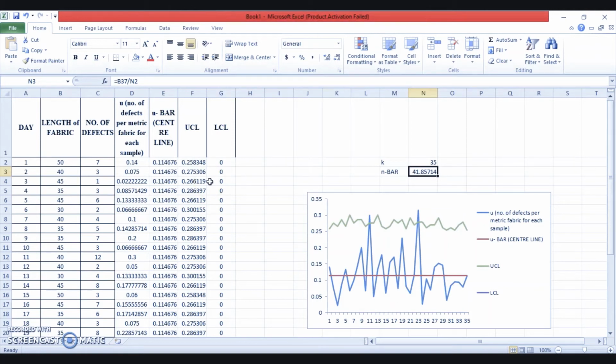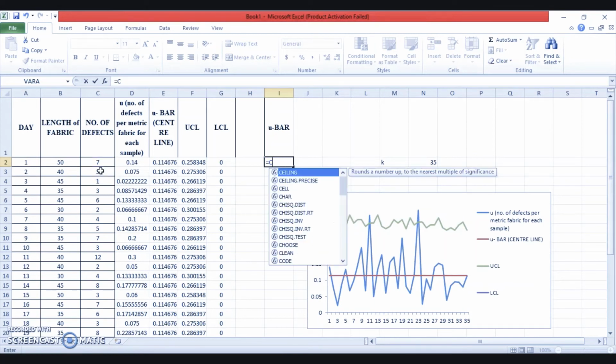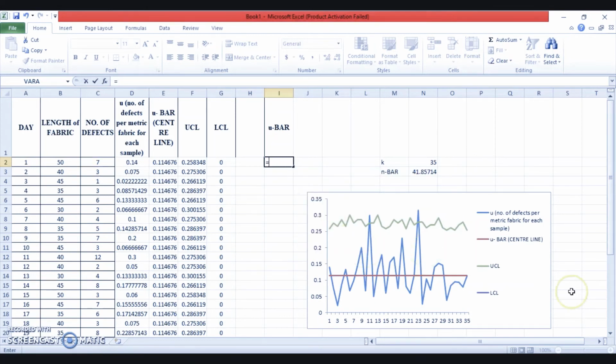Okay, so first of all, I'll just leave this line here and I'll write here u bar. Now I'm doing it for the second approach. The u bar value is found out with the help of the total number of defects that we have already calculated. So it's better if we take that value from here,